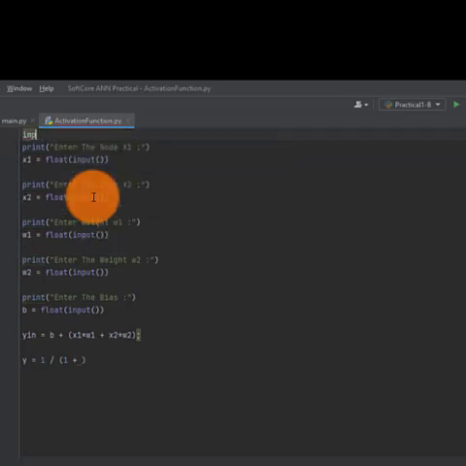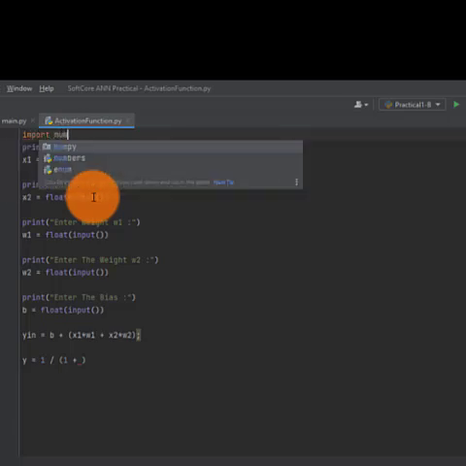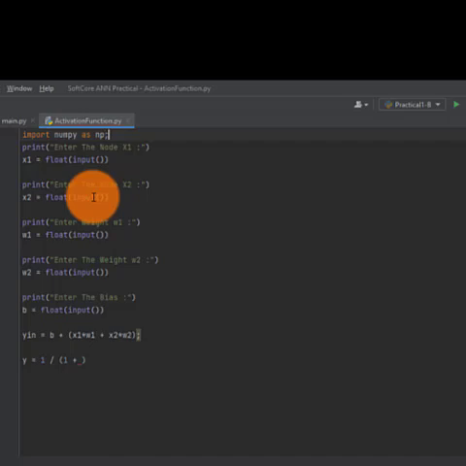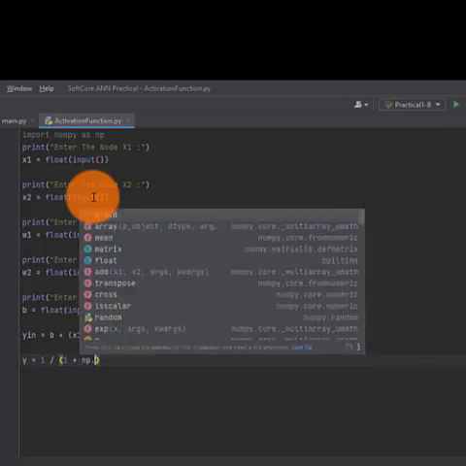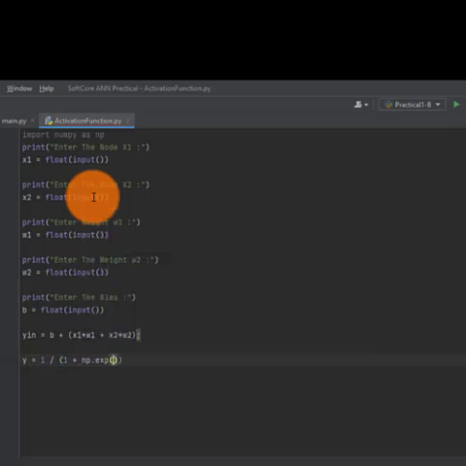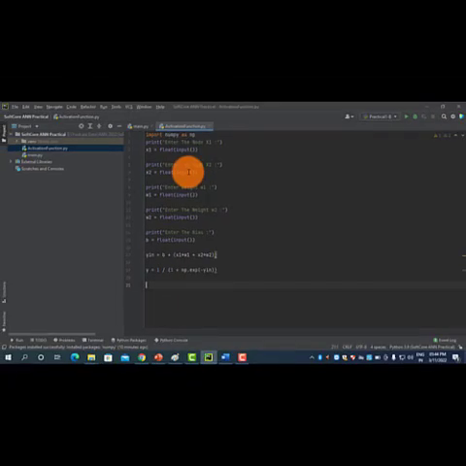For that we have to import the numpy library, because it contains the e raised to power x function. np.exp of minus y_in. Now this is the formula to calculate the output of the neuron using a binary sigmoidal activation function.